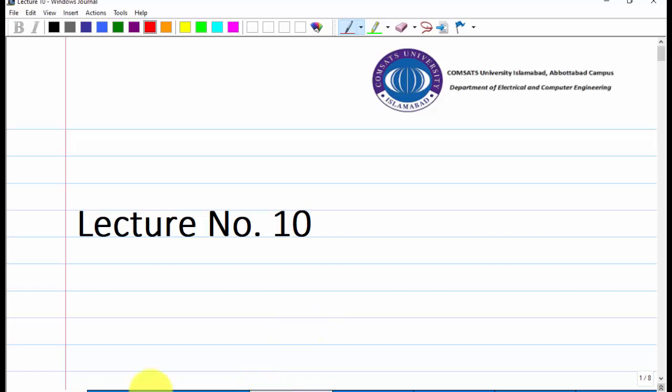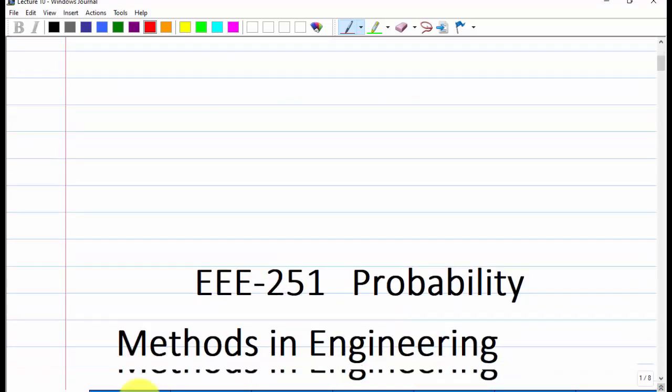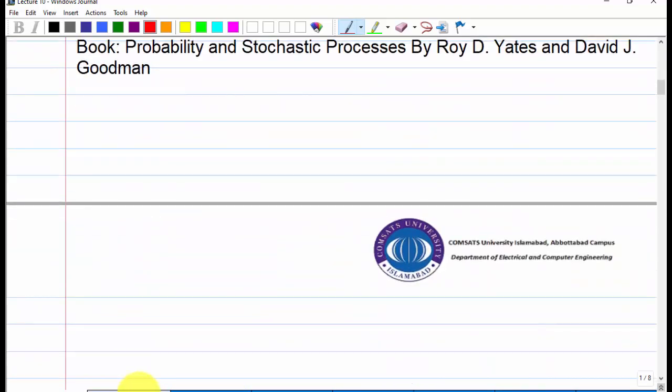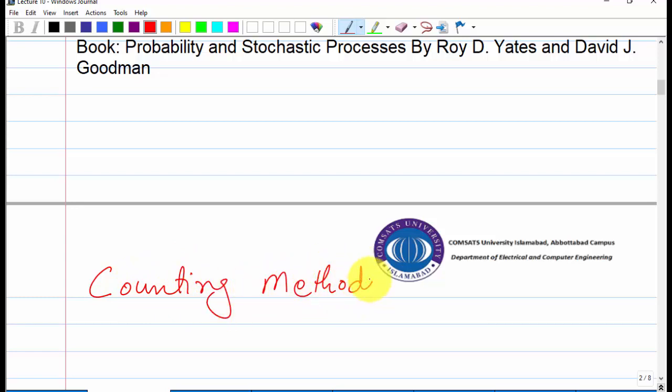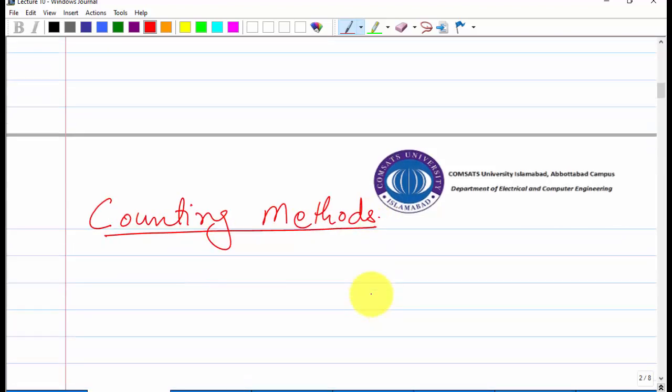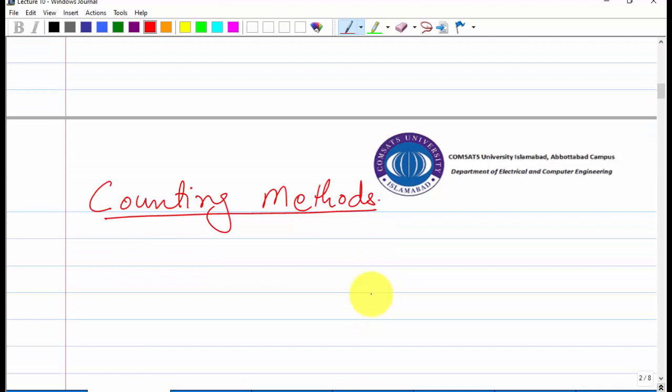So today we have lecture 10. In this lecture we will study counting methods. Don't confuse it with the grade 1 or 2 counting methods. This is a counting method for probability and for counting the number of possible outcomes in a sample space, because